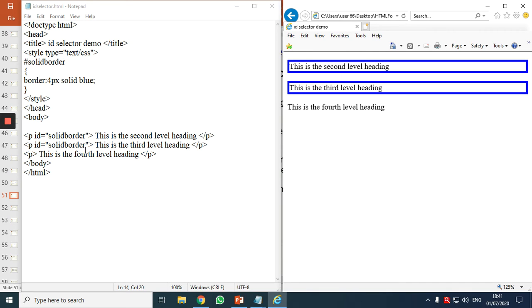That means when you are using classes, we can repeat the class names, correct? We can repeat the class attribute's value, same with ID. Then what is the difference? Again, I'll tell. See, with classes, when you want to group elements together, that is many HTML tags or elements, when they want the same or common features, use classes. But the meaning of ID is identification, and identification means unique identification. Okay, I'll make it more clear.